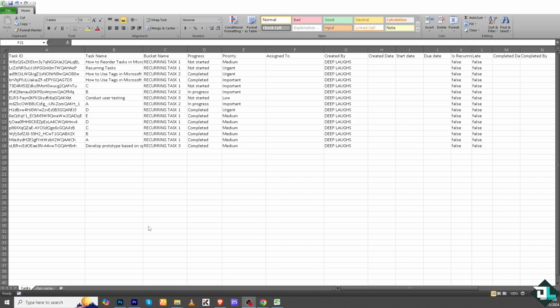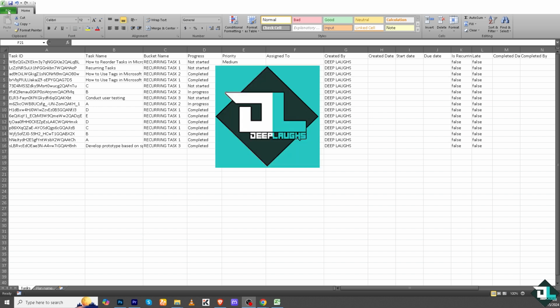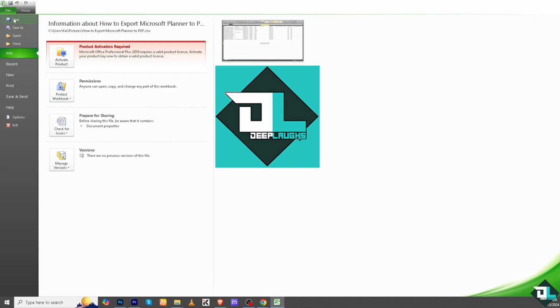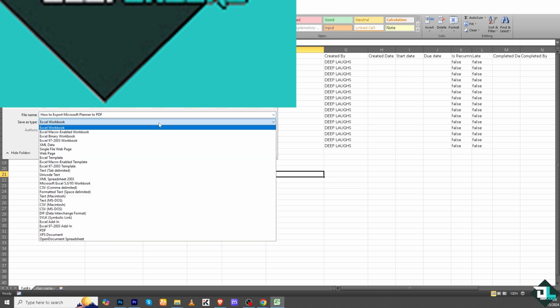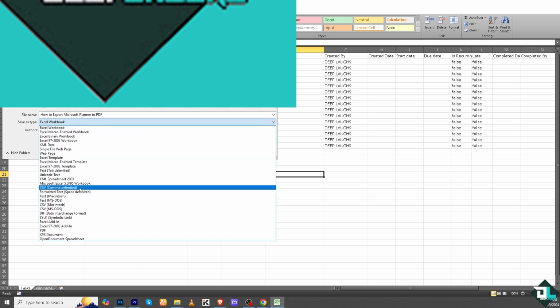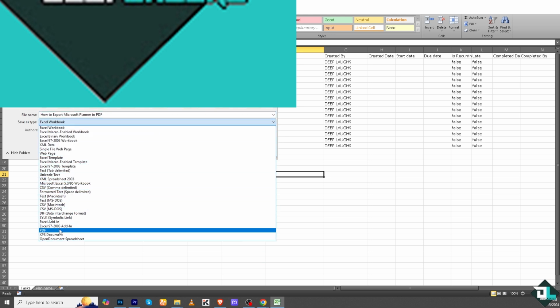Now, once you have exported the data here in Microsoft Excel, all you're going to do is go to the file section. Now, here, all you have to do is really easy. Click on the save as. And from here, you just have to choose the PDF option right here. And that's basically how you can export the Microsoft Planner data into